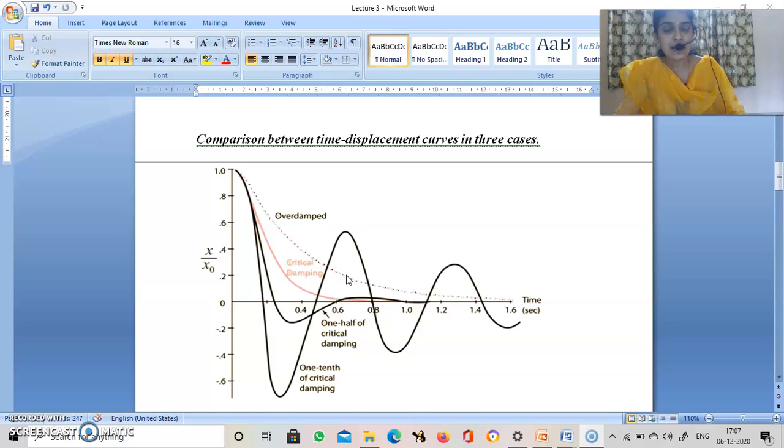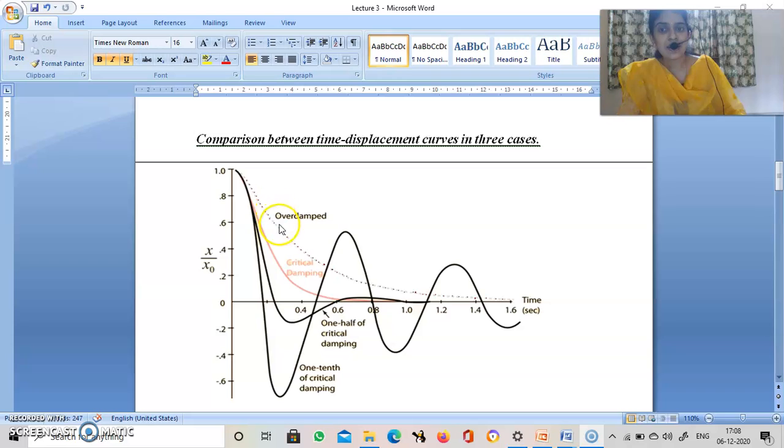So based on the relative values of k and omega, there are three different cases. The first one is if k is greater than omega, that is called over-damped condition or heavy damping. Second one, if k is equal to omega, critical damping. And the third case is under-damped condition, that is if k is less than omega, that is also known as light damping. Okay, so if we plot the displacement versus time graph in the case of these three cases,